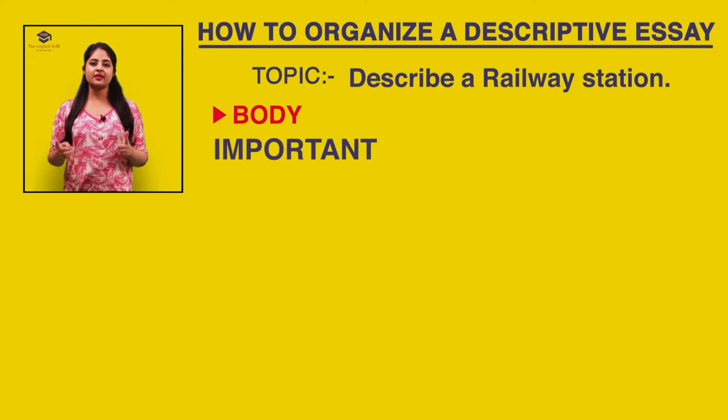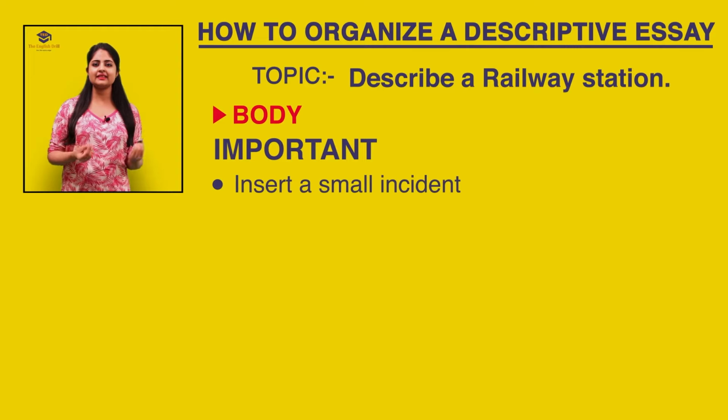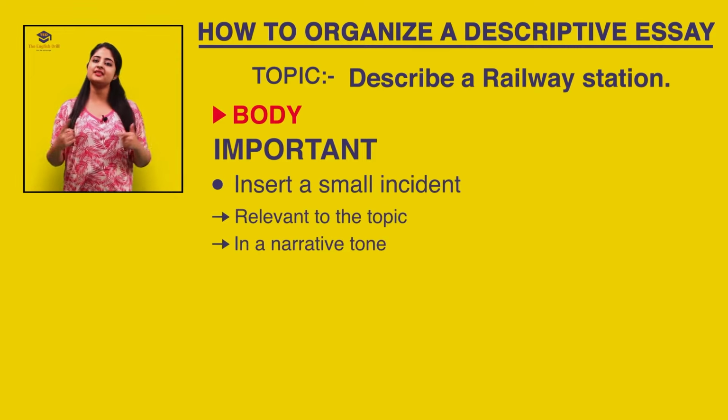So if you remember, when I was describing the features of a descriptive composition, a descriptive essay, the do's and don'ts, I mentioned that in order to break the monotony of a descriptive essay, which is basically all about descriptions, at times you might have to insert a small incident that is very relevant in a railway station. Now we are talking about a railway station, so the incident that you mention in this essay has to